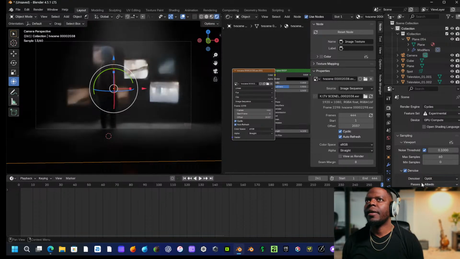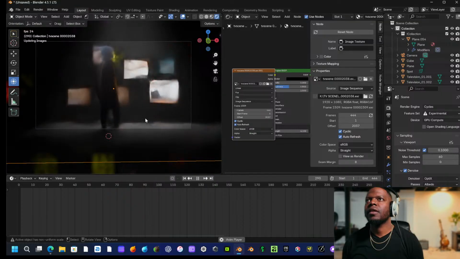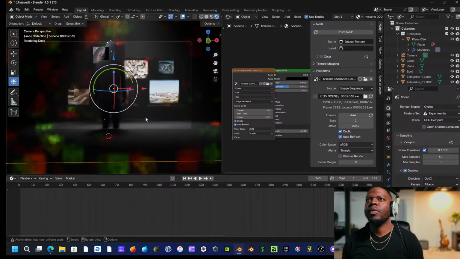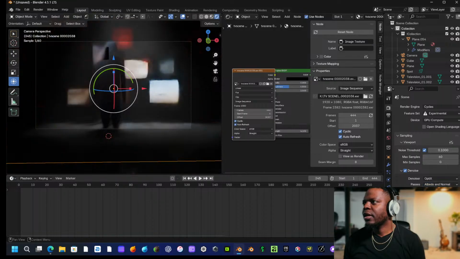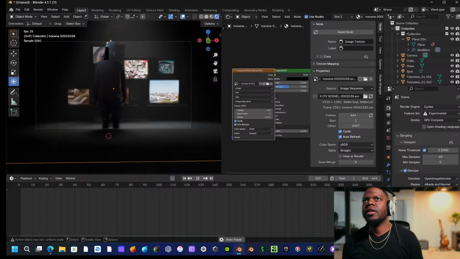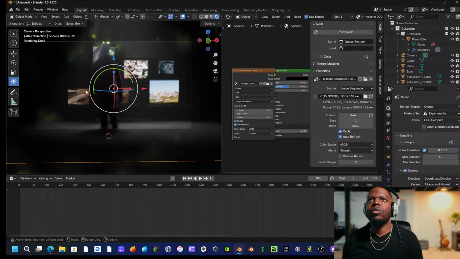Let's try optics. Where did all that come from? The red and all that. That's crazy. What is that? Is that on y'all's screen? Do y'all see that? What is that? Okay, let me turn off optics. Let me go back to open image, because optics is not working. Alright, so we got that. Let's get some more